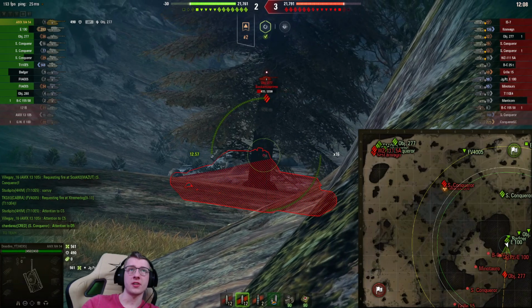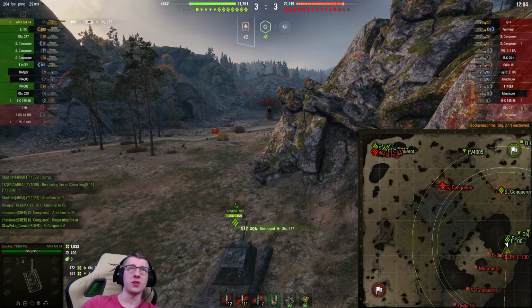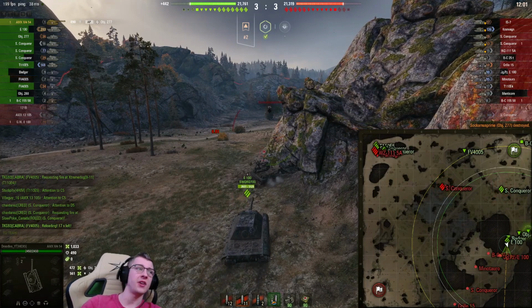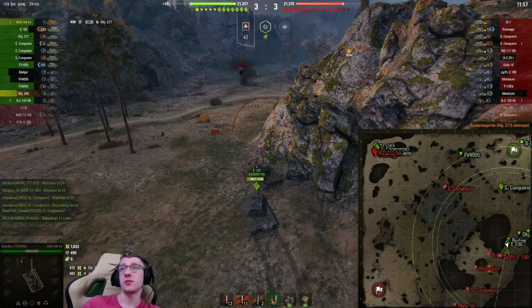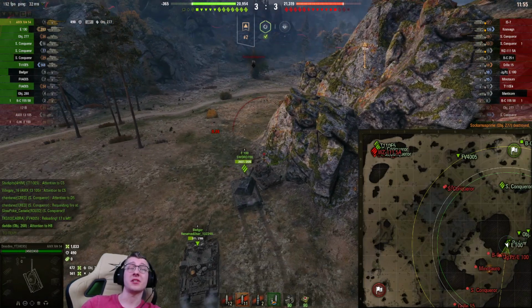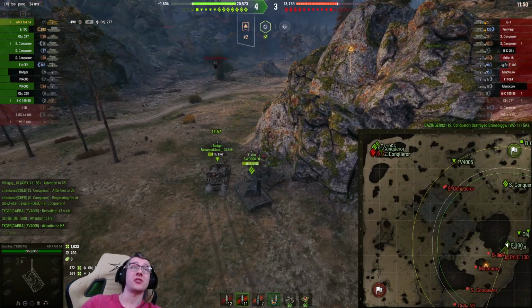Oh, and the Object 277 just killed himself. Look at that. The dispersion finally worked well. We were able to kill the 277 and get not a clear, but a decent chunk of the HP off the enemy Yag. I'm not poking this. I can tell you for a fact that if you poke that, you guys will die. This Badger is the...